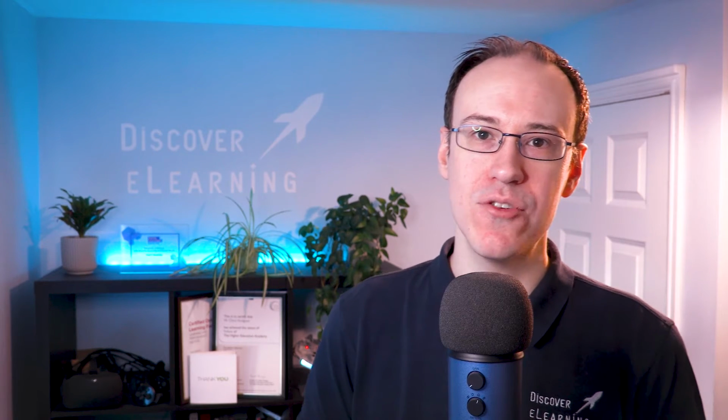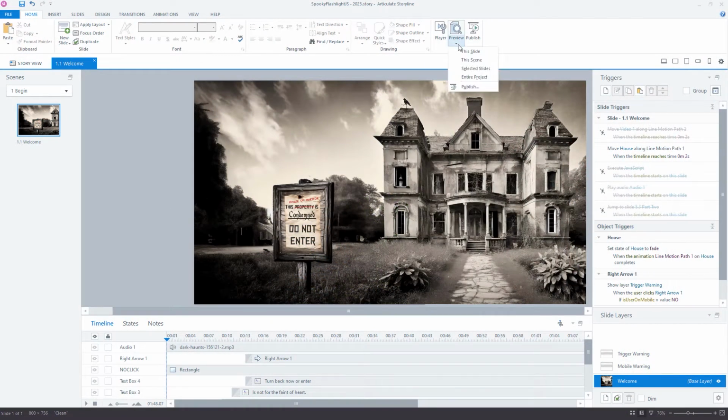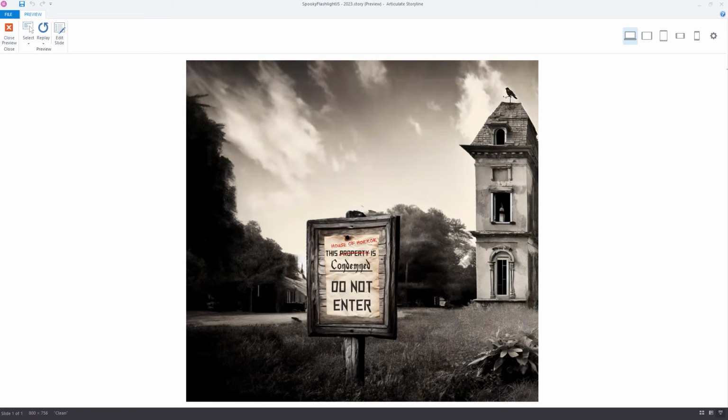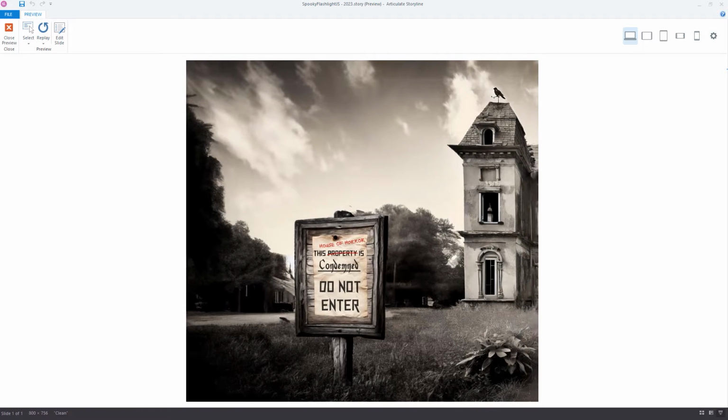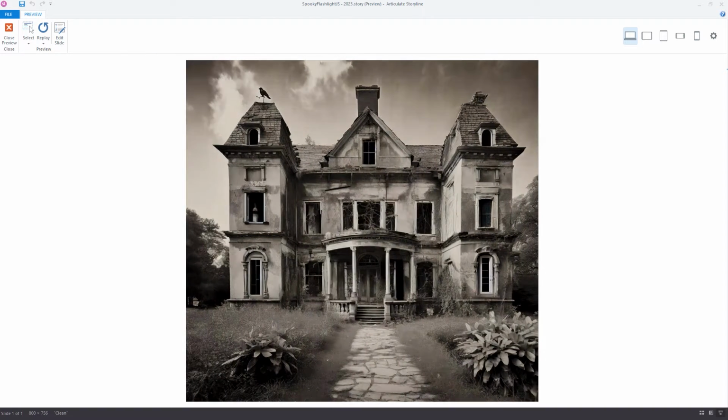And what I'd like to do is show you the workflow which I followed to take what was initially going to be a fairly static introduction to the experience in Storyline, and instead use Runway to bring the scene to life with a moving sky and some other natural movement of foliage within the shot.